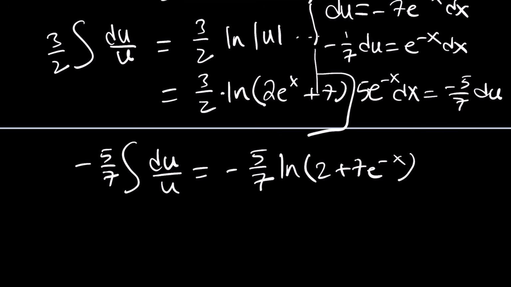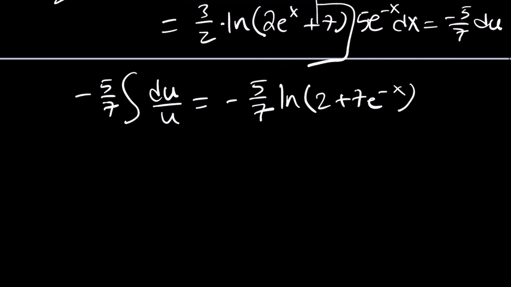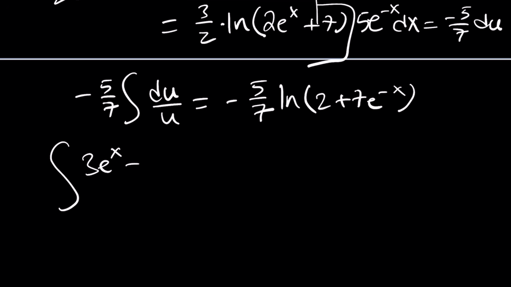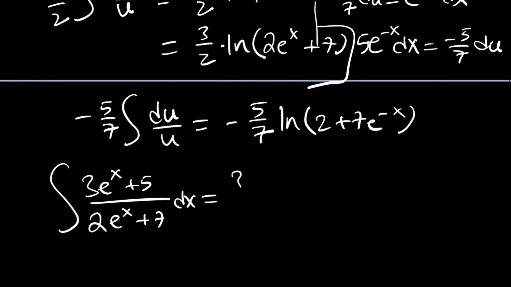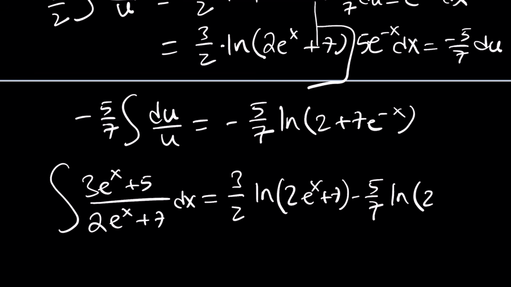Okay, now let's go ahead and put these two together, and then we'll get the answer. Make sense? So the integral of 3e to the x plus 5 divided by 2e to the x plus 7 dx is going to equal, what was the first part? 3/2 ln 2e to the x plus 7 minus 5/7 ln 2 plus 7e to the negative x plus c